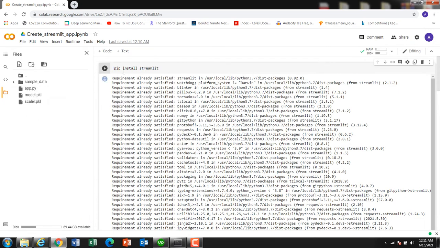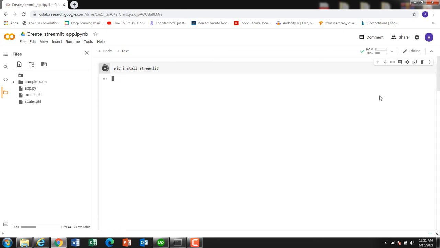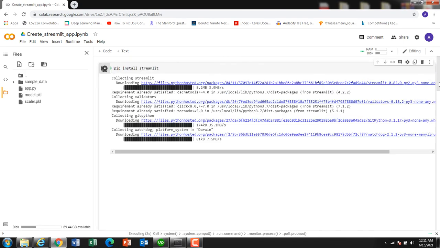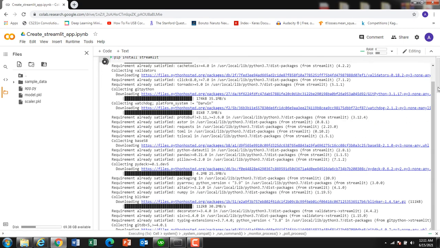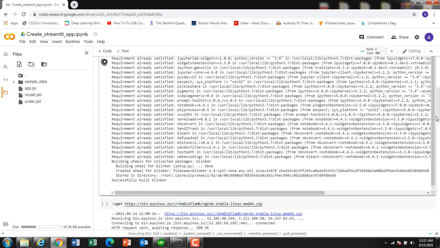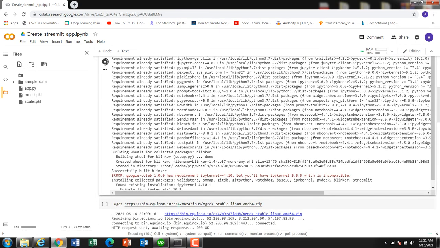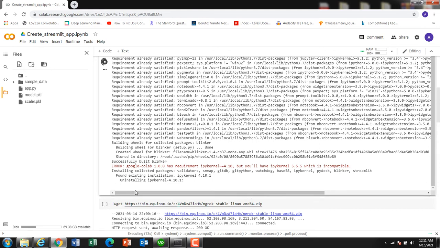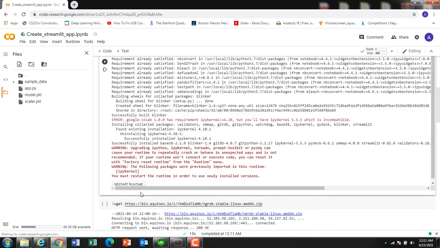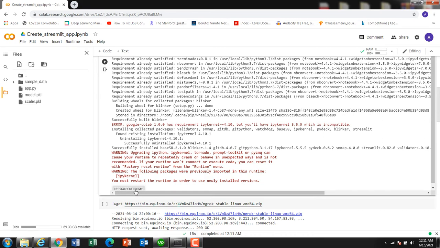So first of all, we are going to run this command by clicking here. And remember, sometimes we may see a restart button at the end, on which we will have to click. So we wait for this one to finish. It may give us a restart kernel option. Okay, so it has given us the restart runtime. We just click once to restart, so that the latest version that was just installed can take effect. And sometimes you may not see this restart runtime button, so that is okay. We don't need to run this one again.